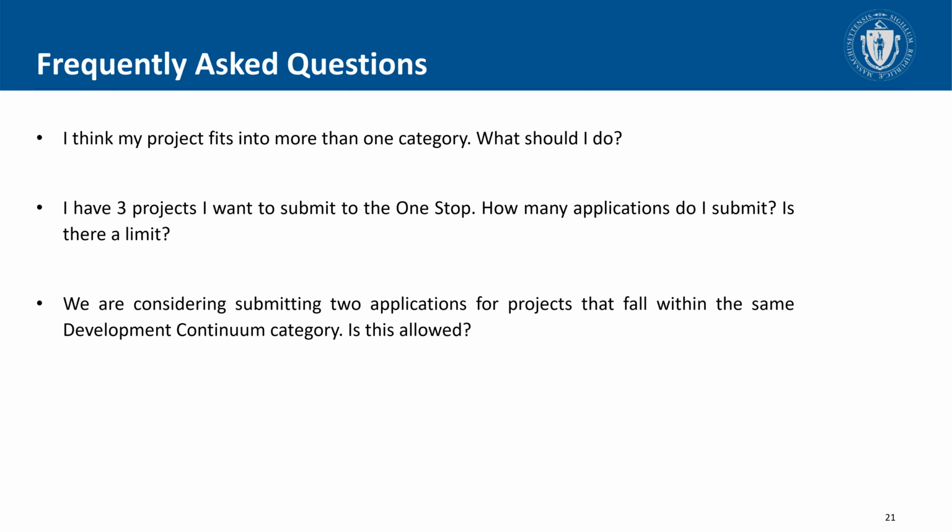Yeah, I just want to add to that, just to clarify that this is just one project. So when you're applying through the One Stop, although each project type is tied to a particular program, we do engage in a collaborative review and work together to make sure that the appropriate programs are reviewing the applications. So you should just submit one application in this case, and then at the end of the day, we'll work out whether Housing Works or MassWorks is most appropriate. Yeah, fair enough. That's a good point. Thank you.